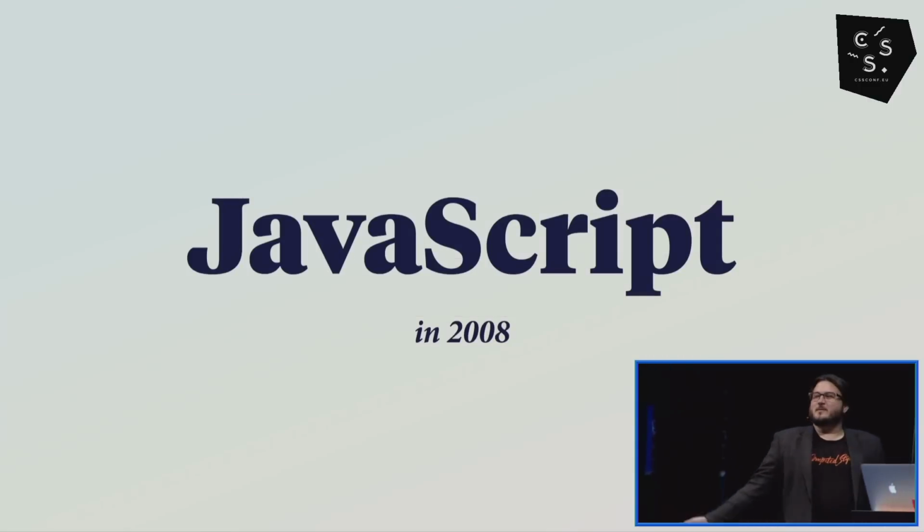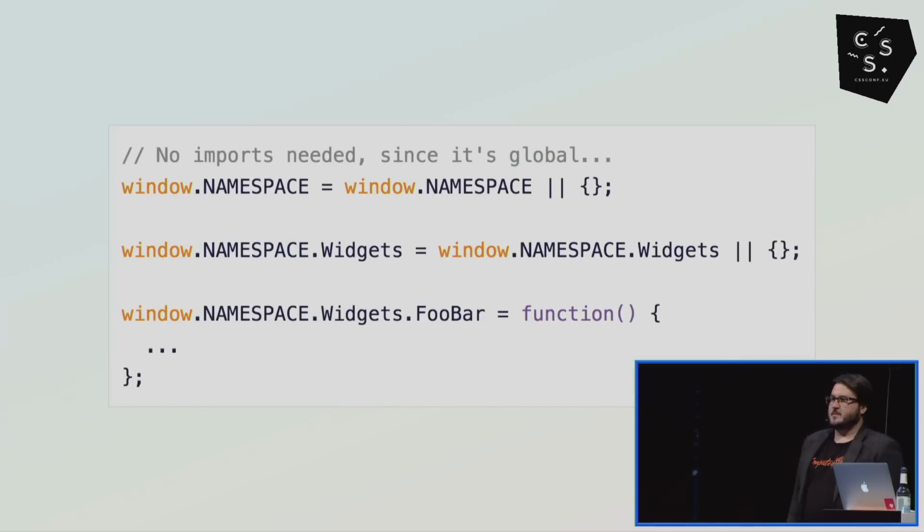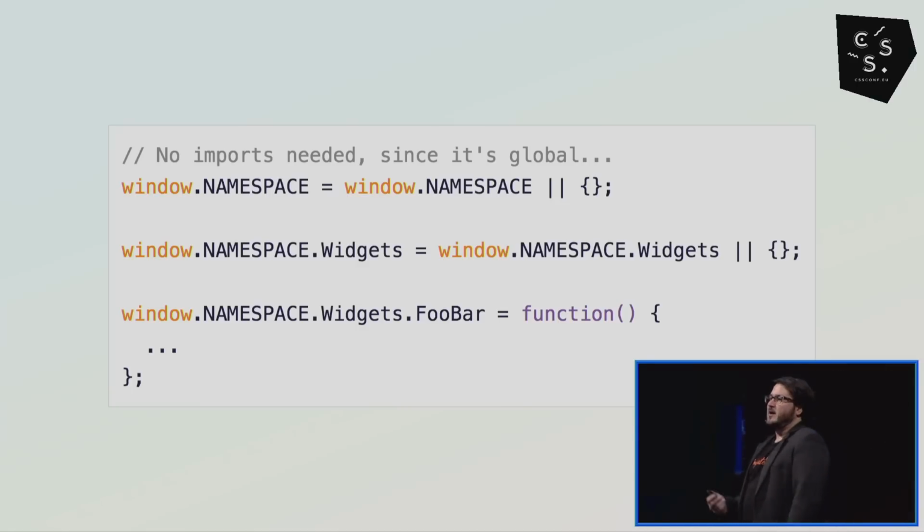But specifically, I want to talk about JavaScript in 2008, because JavaScript in 2008 looked like this. It got the job done. You can still write JavaScript like this. Many people do. But I want you to look at it critically and think about what it implies about JavaScript